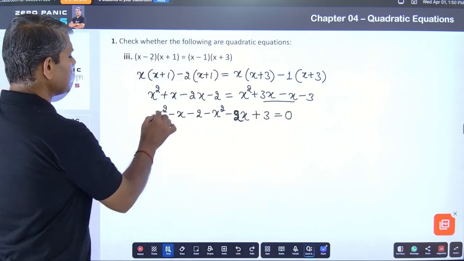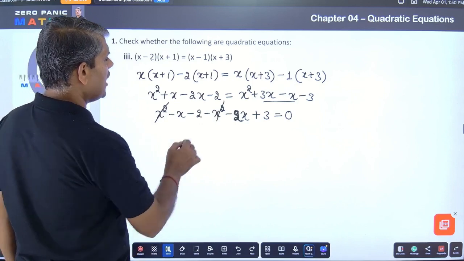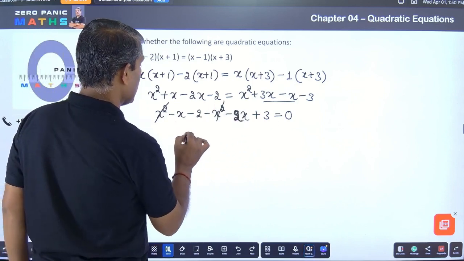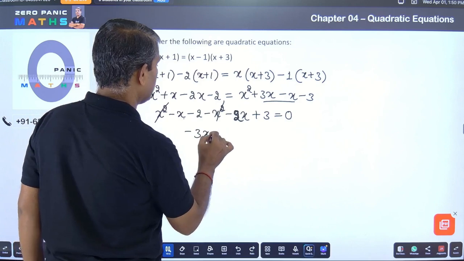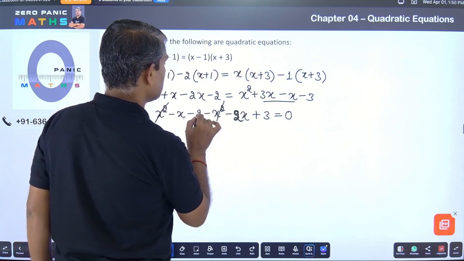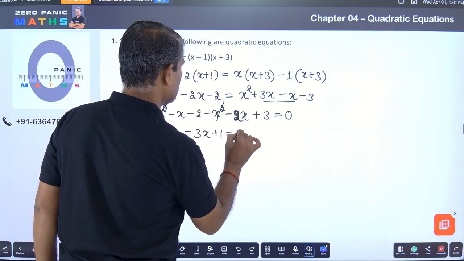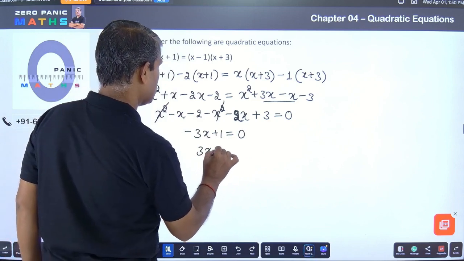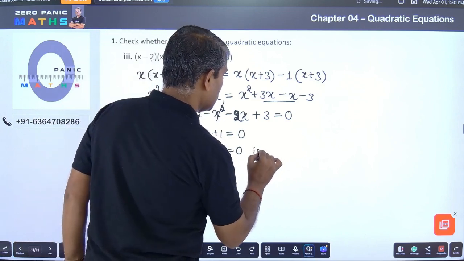As I already told you, x square terms are getting cancelled and only x and constant terms are remaining. Minus x, minus 2x is minus 3x, and minus 2 plus 3 is plus 1. You can even multiply by minus and make it 3x minus 1 is equal to 0, which is not in the form